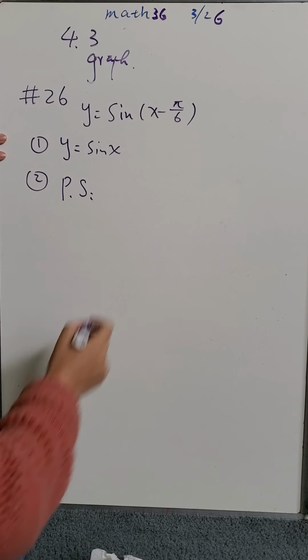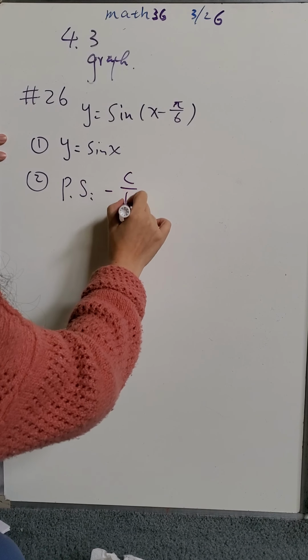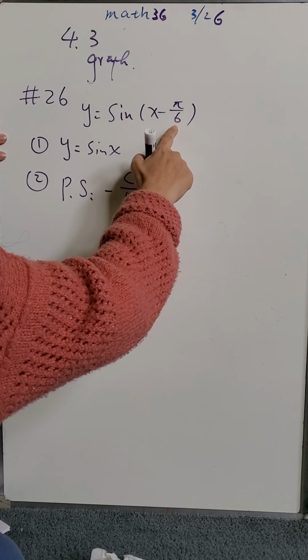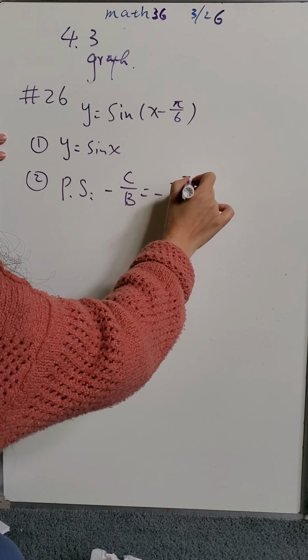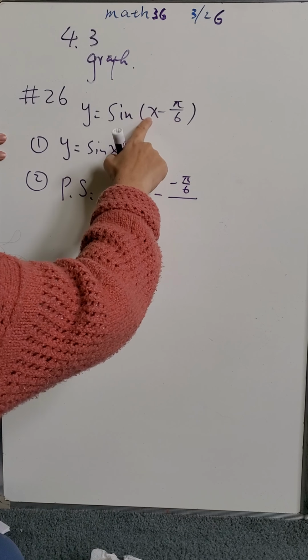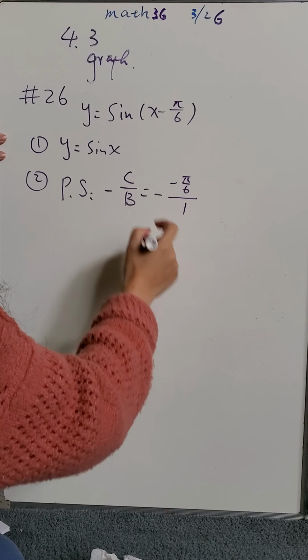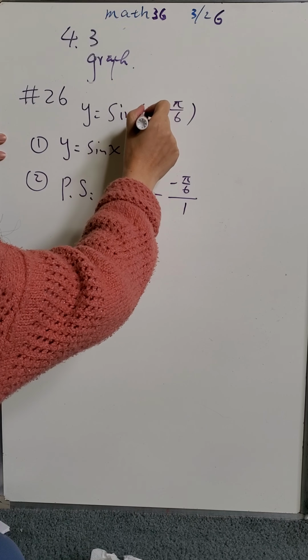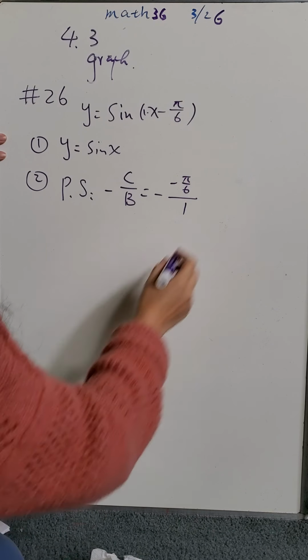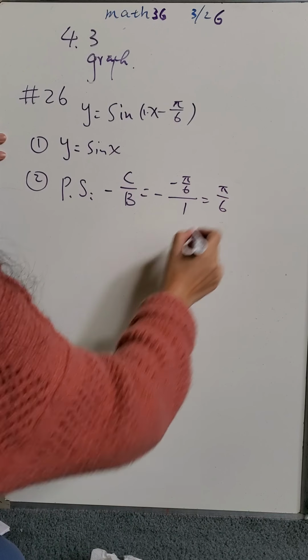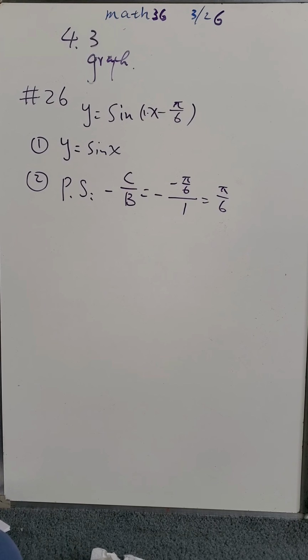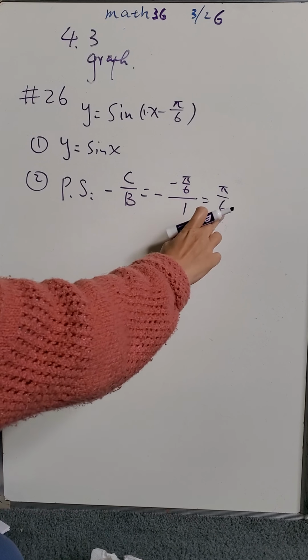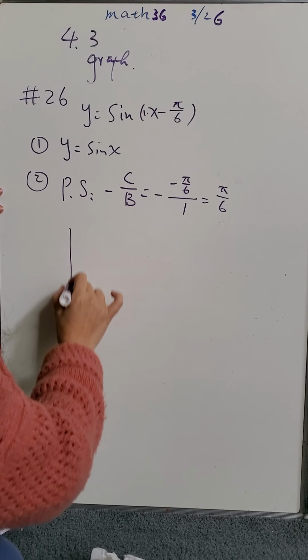Number 2, you have phase shifting. Your phase shifting is equal to negative c over b. That's your c here, so it's negative pi over 6. Your b is right here, so it's 1. So that's equal to pi over 6. It means your graph is going to shift pi over 6 units to the positive side. So we're going to